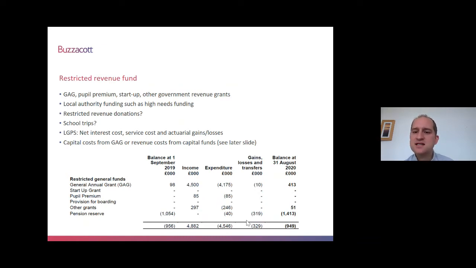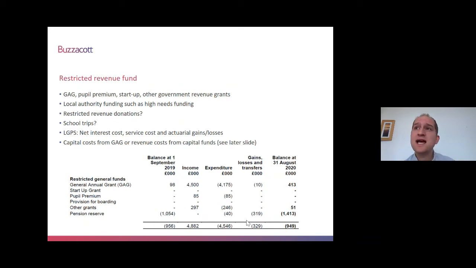So that's a common transfer, and it's important therefore to know for all of the assets that you've purchased where the funding has come from, and if you have purchased assets out of GAG funds, to know what that figure is so you can put that transfer in there. Just note that sometimes you'll see that number is a positive number, so funding coming out of the fixed asset fund and back into GAG, and the reason for that is often that